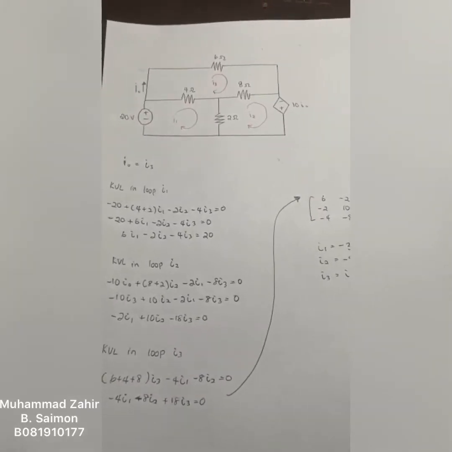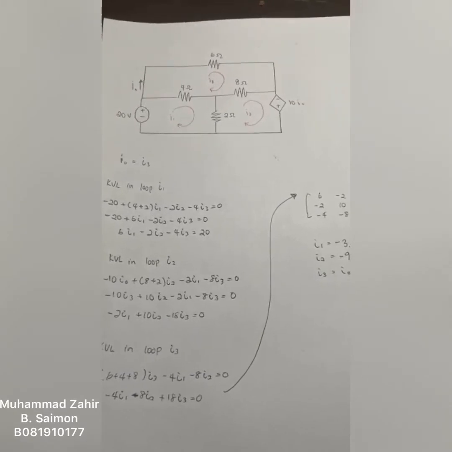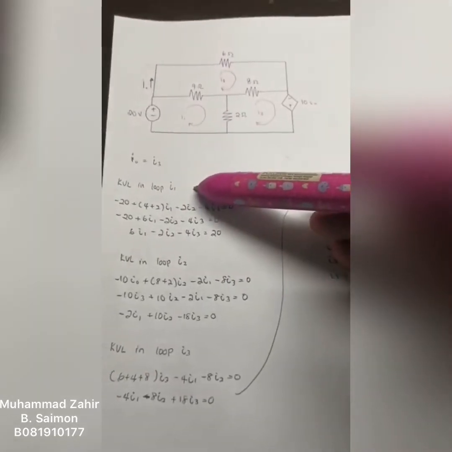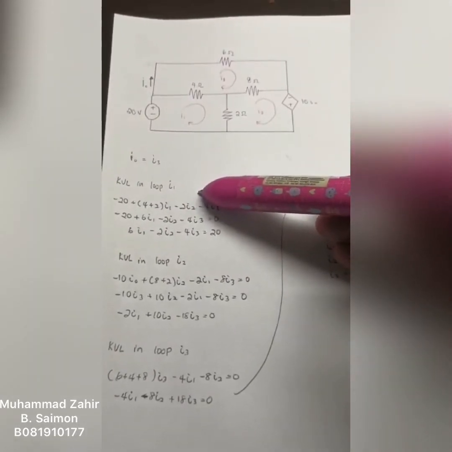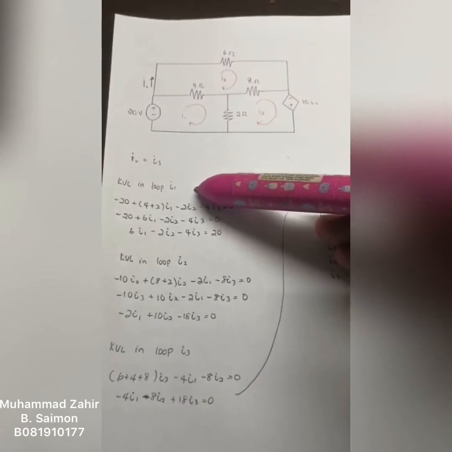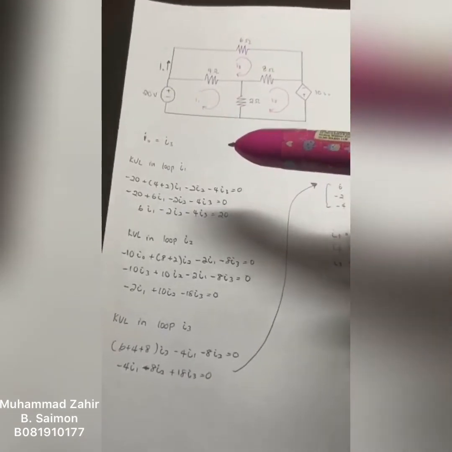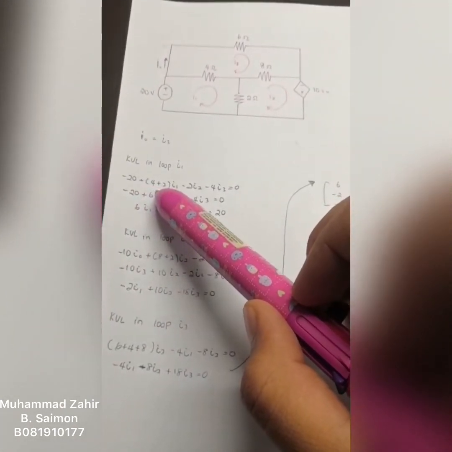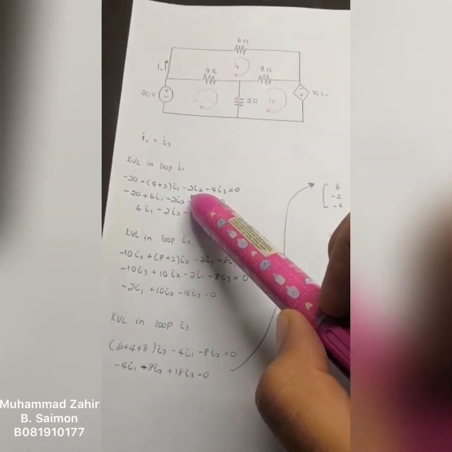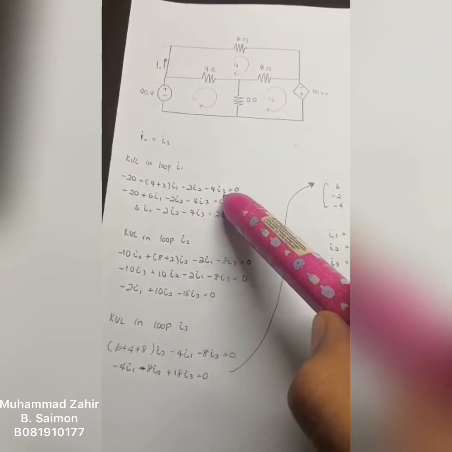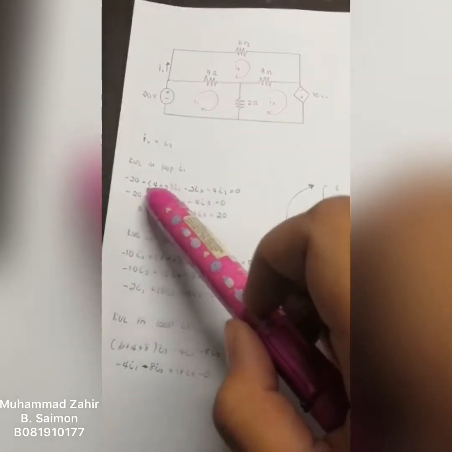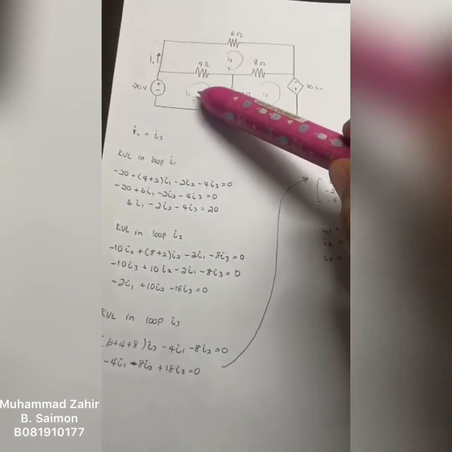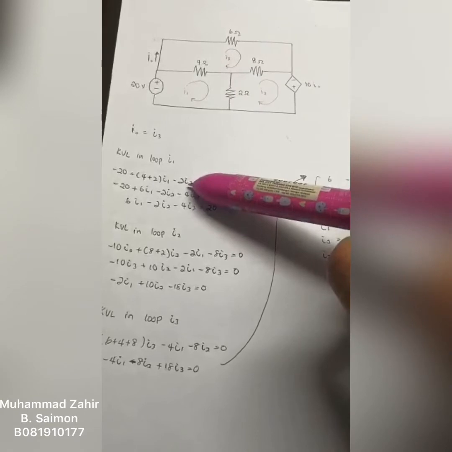Okay, this is the second example for mesh analysis with dependent source. First, we need to apply KVL in loop I1. So this is the equation: negative 20 plus 4 plus 2I1 minus 2I2 minus 4I3 equals 0, because this negative 20 comes from here. 4 plus 2 is the total resistance in the loop, minus I2 because